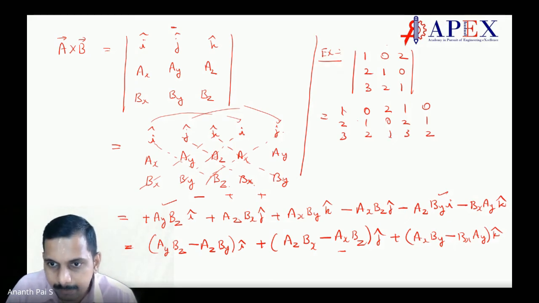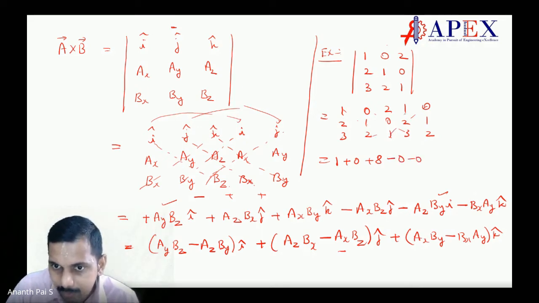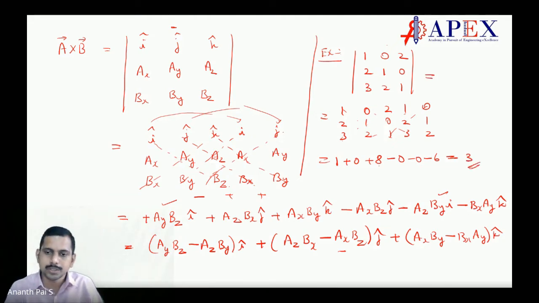What you do, you multiply and add this. So 1 into 1 into 1, 1, plus 0, plus 2 into 2 into 2, 8. Correct? Then minus, you come here, minus 0, minus 0, minus 3 into 1 into 2, 2 into 1 into 3, that is minus 6. So the answer you will get directly as 9 minus 6, 3. Check it out. So easily you will be able to write it, especially in GATE. It will be handy to calculate matrix multiplication and the determinant of a matrix.